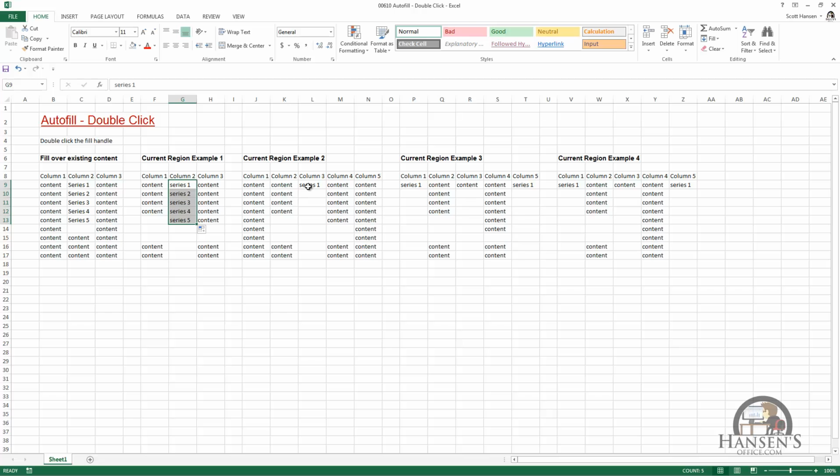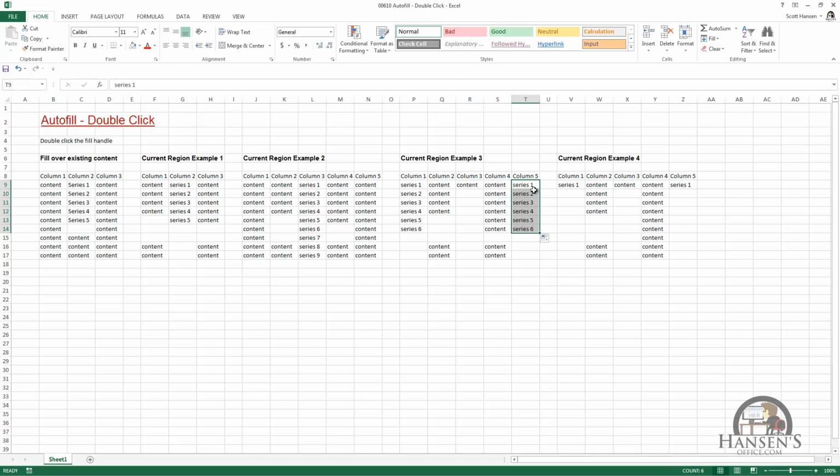In example 2, I'm going to select that cell, double-click. Excel advances that series down to row 17 because that's the boundary of the current region. It's the first row that Excel runs into that has blanks across the entire area that contains the columns that are part of the current region. So I can advance a series on the left-hand side of the current region, and that goes down to row 14 because row 15 is blank. It used to be that you couldn't do this, by the way, on the left side. Now you can. You can also do it on the right side, and it's going to go down just as far